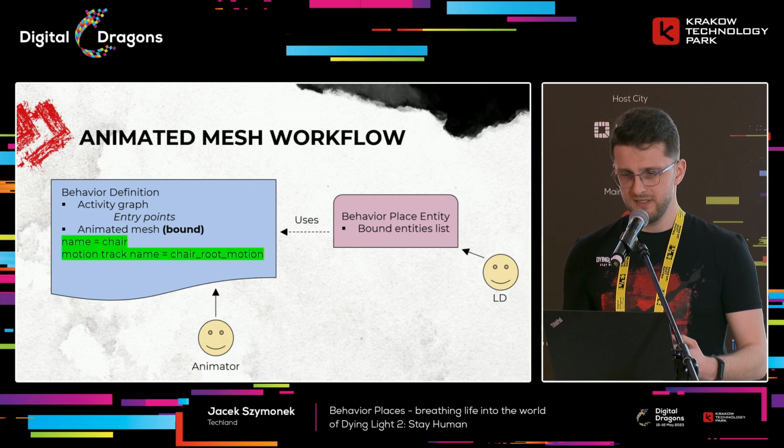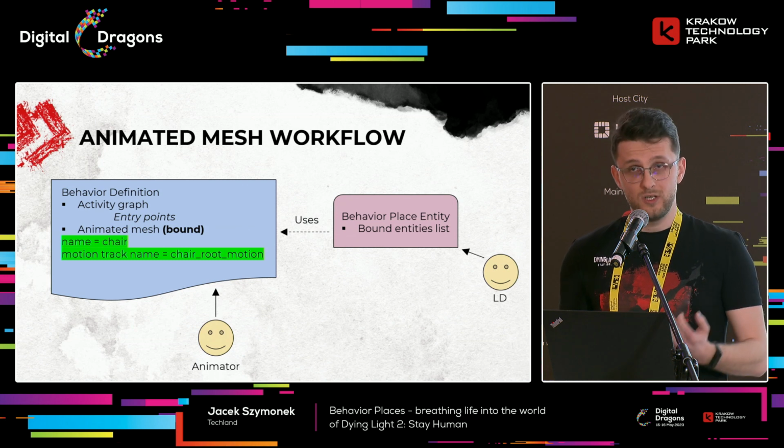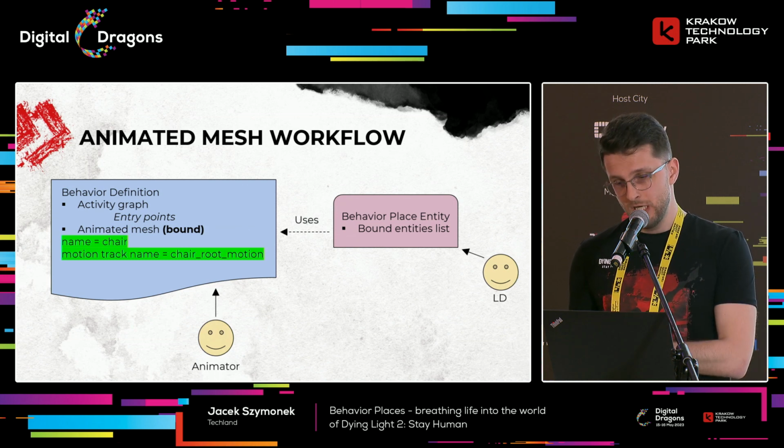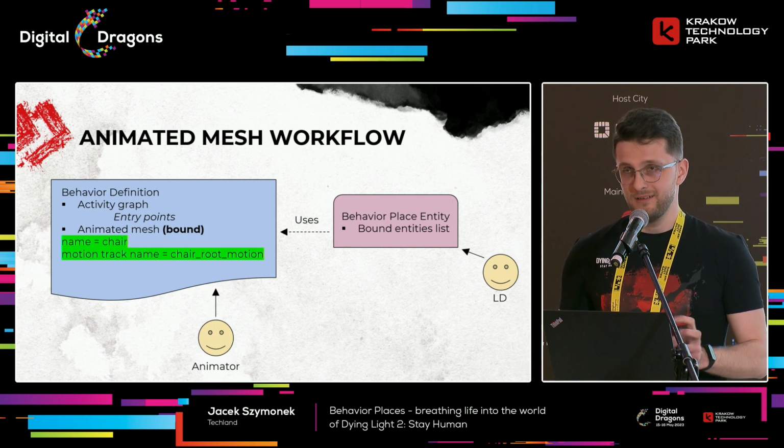We tell the animation system to take this transform that is called chair root motion and apply it to the chair entity pointed to us by level designers. So this is what we call a bound animated mesh, because an actual entity binds to a declaration made by the animator.